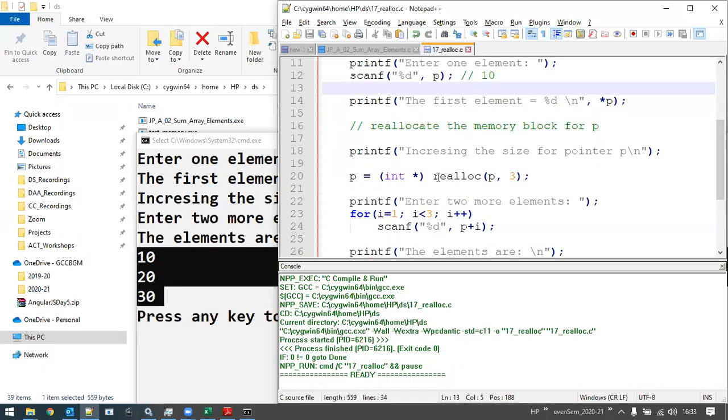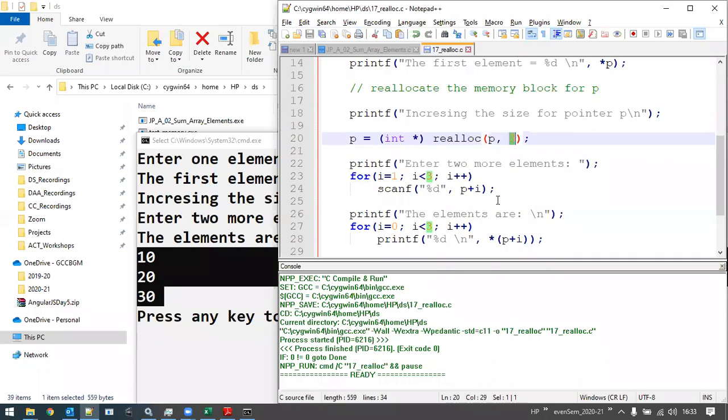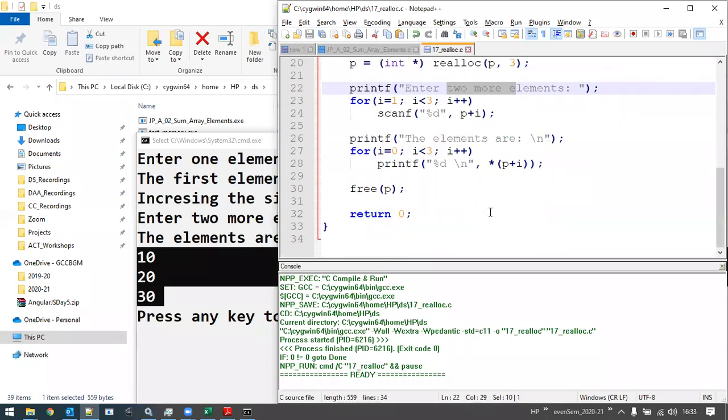In that case, we can make use of the realloc function, which will change the size that this pointer p can point at. We increased it to the new size of 3. Then we entered 2 more elements, and displayed all those 3 elements using these lines.